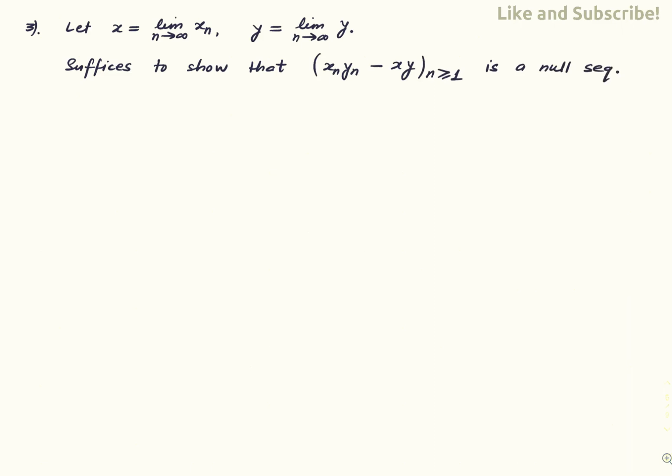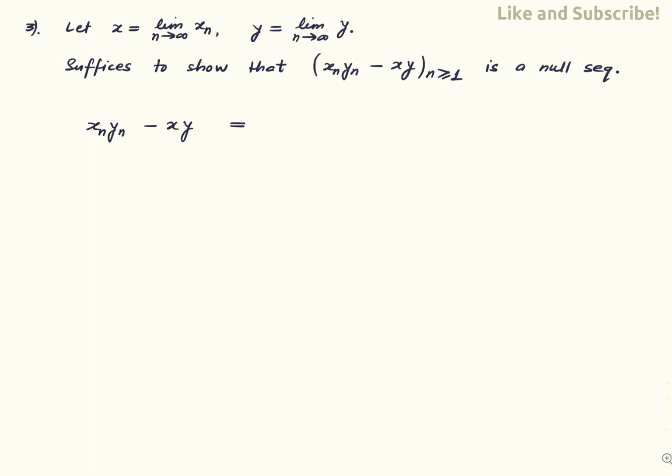Right? This is exactly what we need to do. Because once you show this is a null sequence, it just means that this thing converges to that thing, and that finishes the proof. So why is this a null sequence? Just observe. So observe that xn yn minus xy